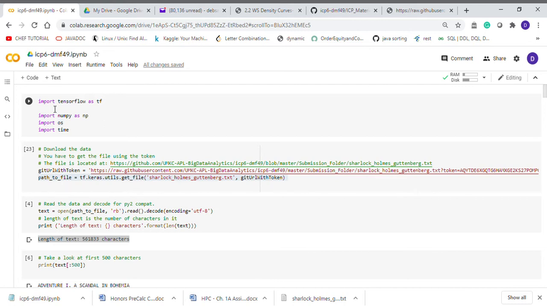Basically, I got the text file of the novel, stripped the standard header and footer specific to the Gutenberg project, and then stored the file at my GitHub repository in the submission folder so that anyone can run the code